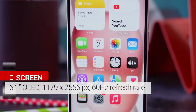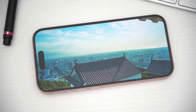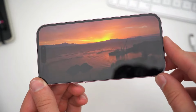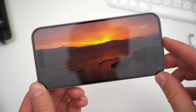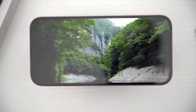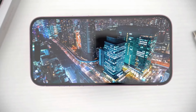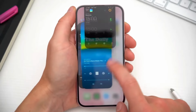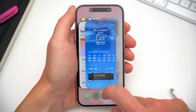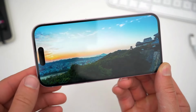It has an amazing 6.1-inch screen that makes everything look great. It's not the highest resolution or the fastest refresh rate, but Apple knows how to make colors and brightness look just right. It has a super high contrast ratio that makes blacks really black and a very bright peak brightness that makes whites really white. HDR is cool, but it's even cooler on the iPhone 15 because it has a screen that can show HDR